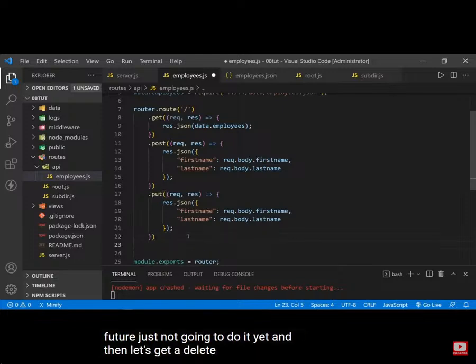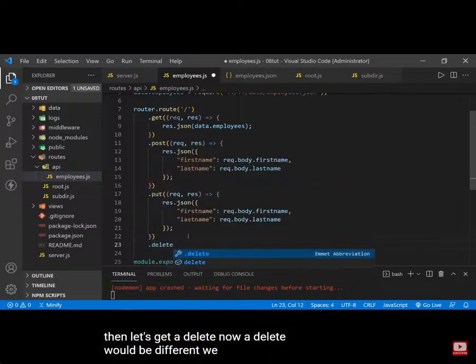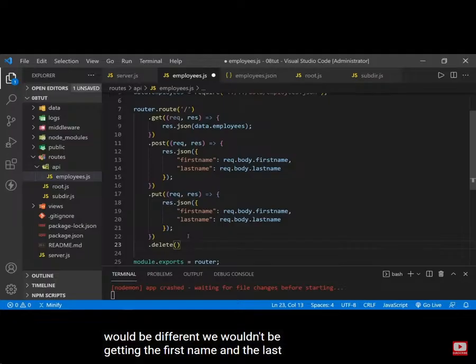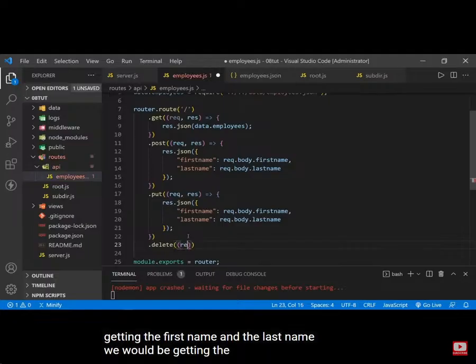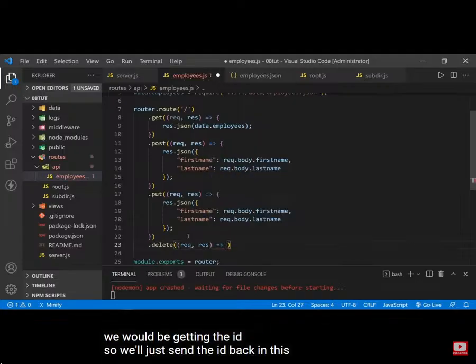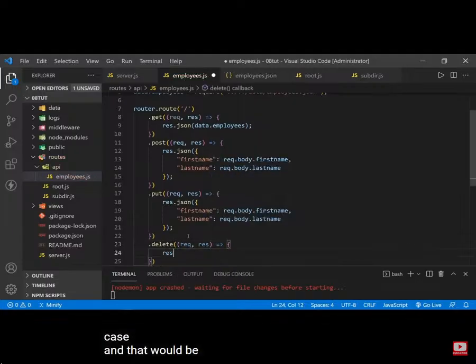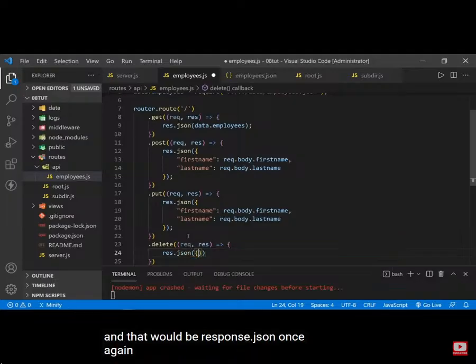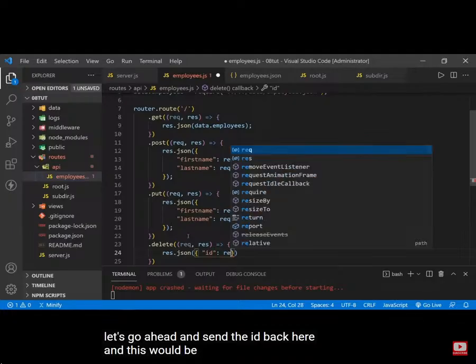And then let's get a delete. Now, a delete would be different. We wouldn't be getting the first name and the last name. We would be getting the ID. So we'll just send the ID back in this case. And that would be response.json once again. Let's go ahead and send the ID back here, and this would be